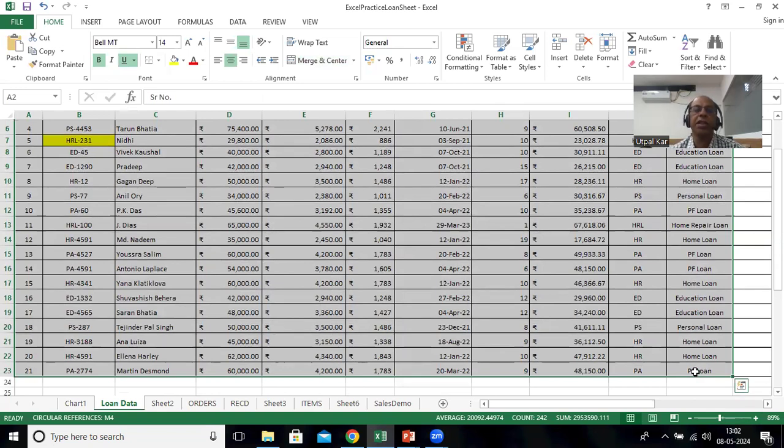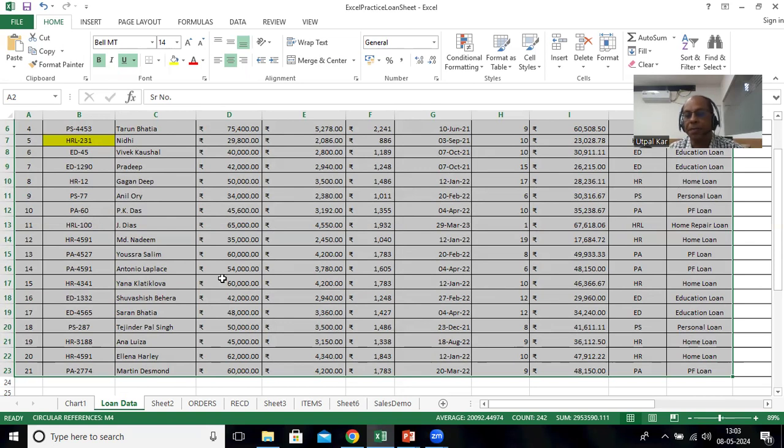The main reason is that while creating a pivot table, if you are having any blank row or any blank column inside, it may create a problem. So my suggestion is remove all the blank rows and all the blank columns before you proceed for making the